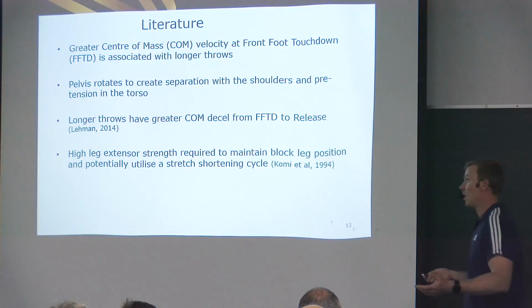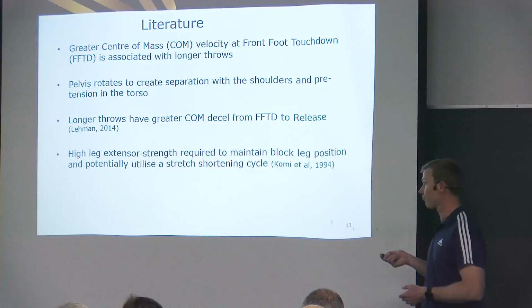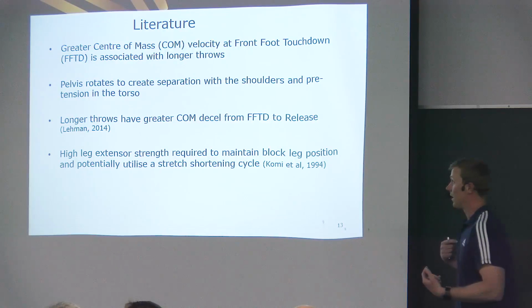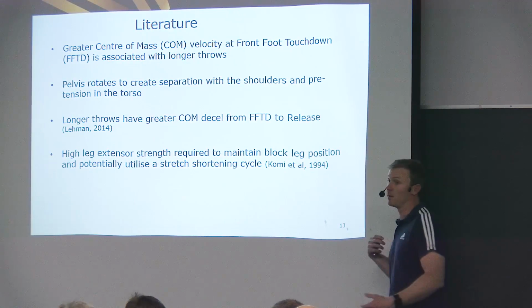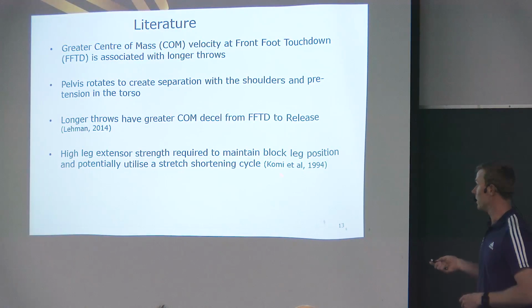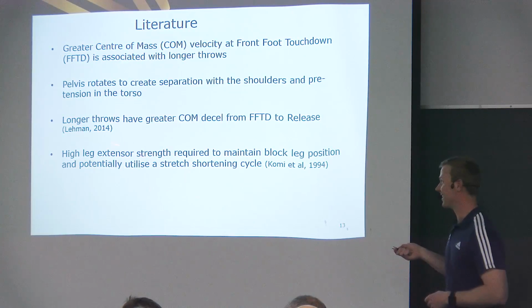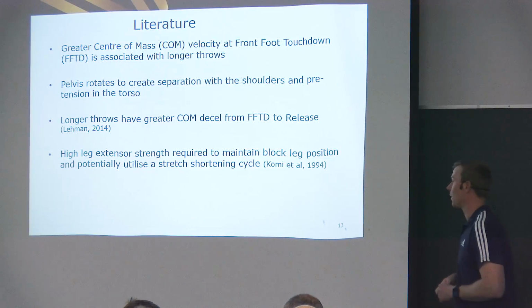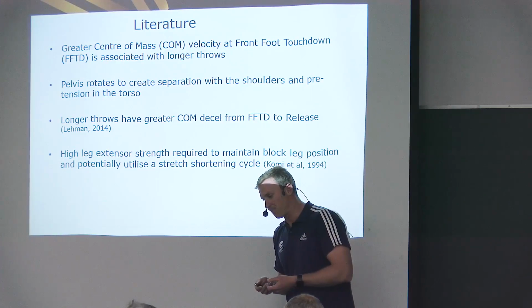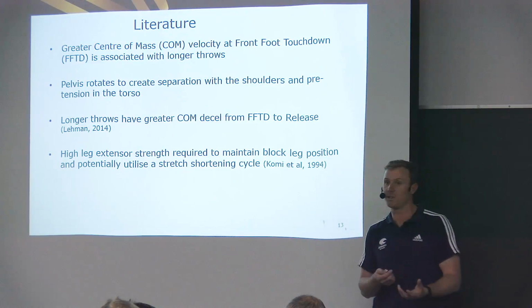So again, a really strong hip girdle is important for that deceleration. The pelvis rotates and creates separation with the shoulders, creating pre-tension in the torso, which helps again with that elastic effect in throwing the javelin. And Komi, I think Tapio was actually on that paper, suggested a high leg extensor strength was required to maintain a block leg position and potentially utilise a stretch shortening cycle. So essentially what we're saying there is strengthen your left hip, your glute, all the muscles around it, which is really important to actually hold position into that